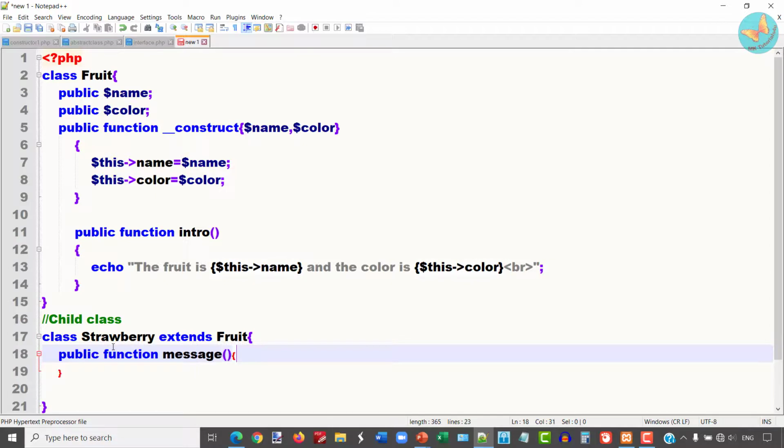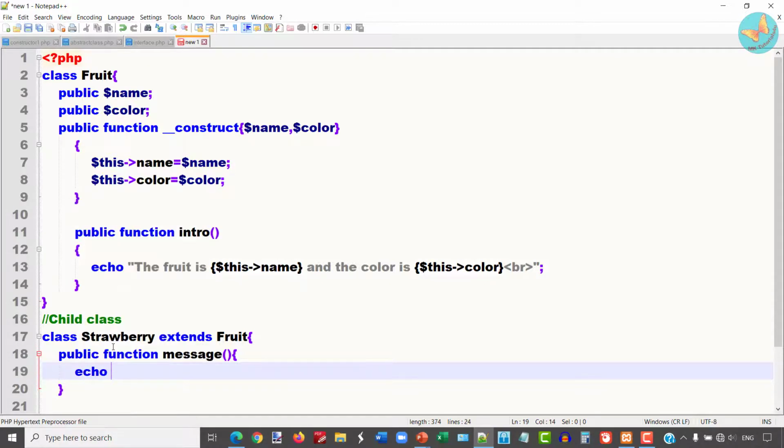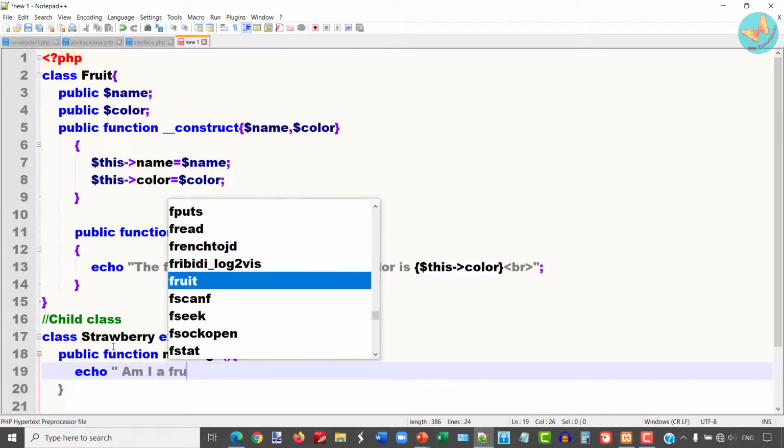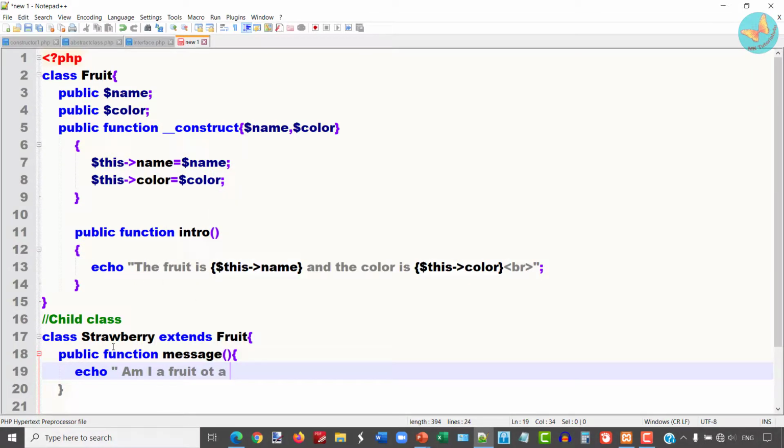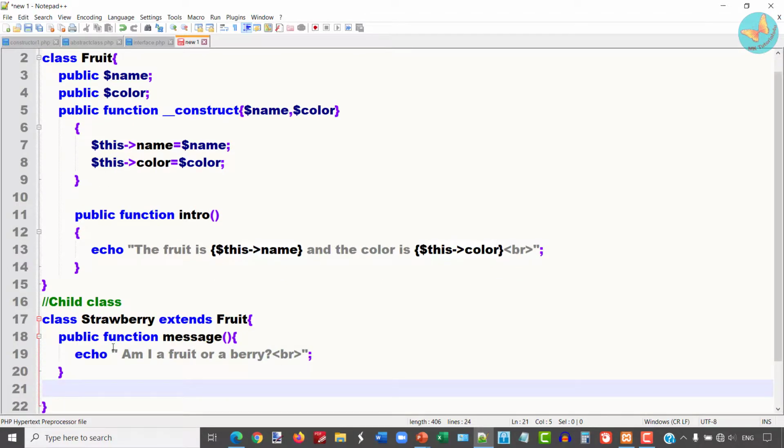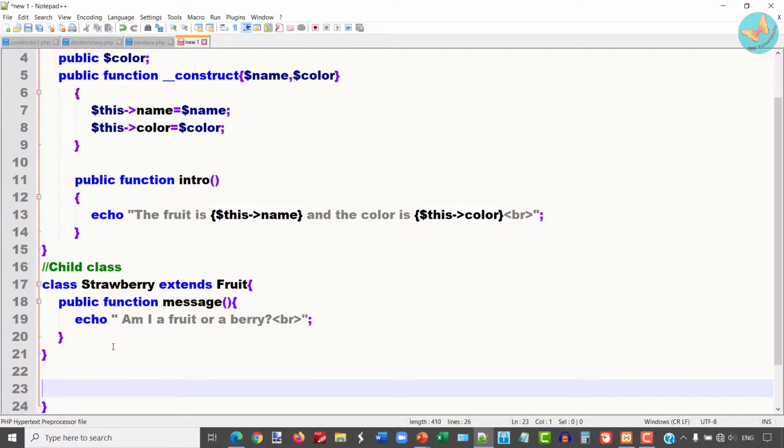It has inherited everything from its fruit class, but other than that, it also has its own message function. Here it will just declare, am I a fruit or a berry? Just some simple statement. And I'll close this function. Then I'll close this strawberry class.